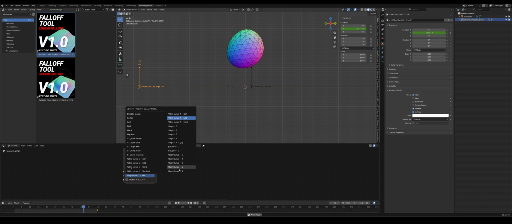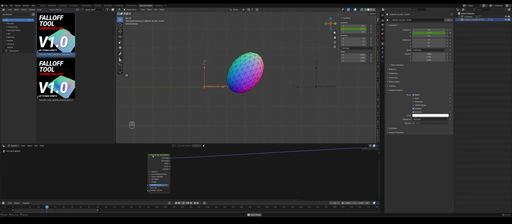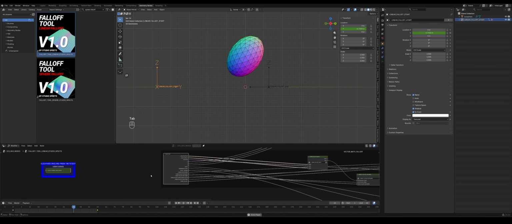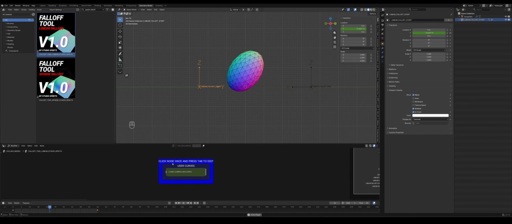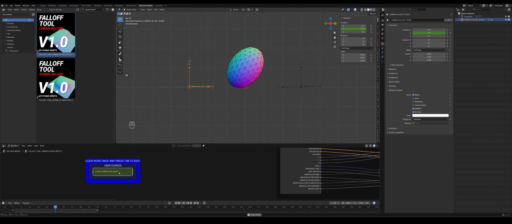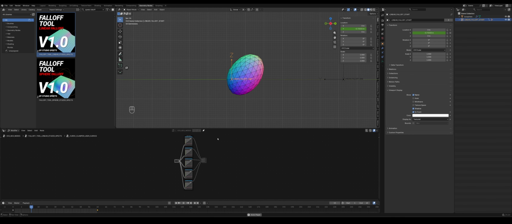So we have a section for 5 user curves here. So user curve 1, for example. And you can edit the user curves by tapping the Falloff tool that you've selected the user curve in, pressing it once and press tab. And then you'll go into the node setup and we have this blue section here. So click once and press tab to edit the user curves in this linear Falloff tool. So press once, press tab, and here we have the 5 curves, and we selected user curve 1, so we